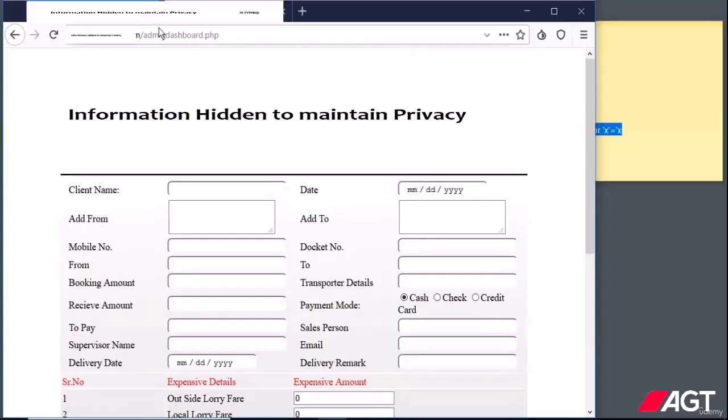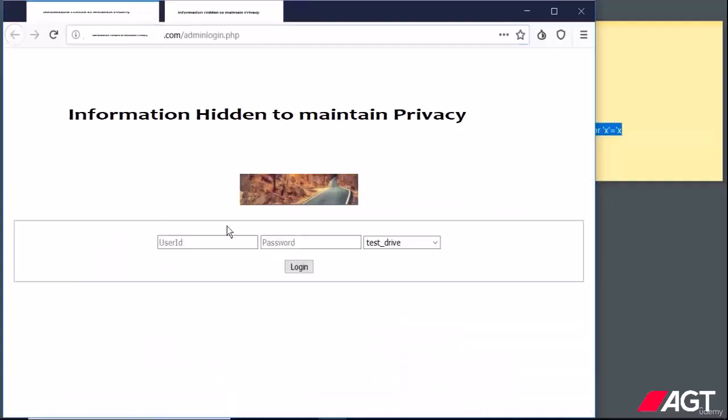You can see here it says admin dashboard.php. So for now, let me close this website. Remember, never try to log out from a website, because that will create logs. So disconnect the session, and now here is another website. Let's try the same injection on this as well. And if I try to log in,